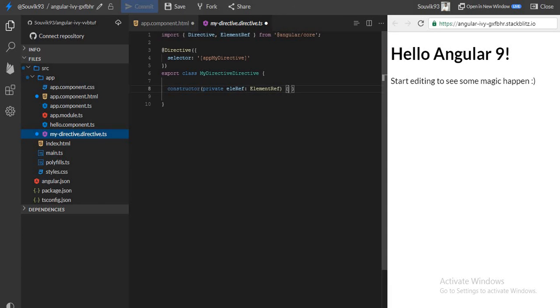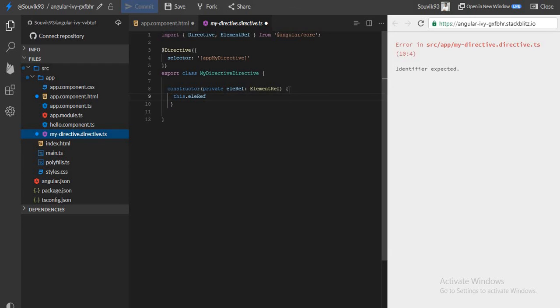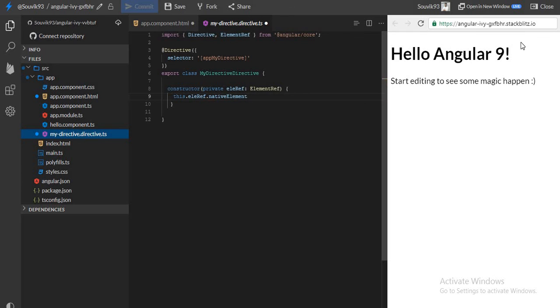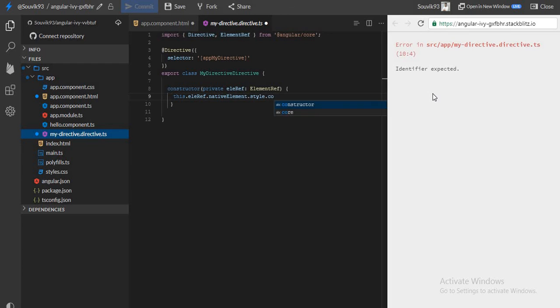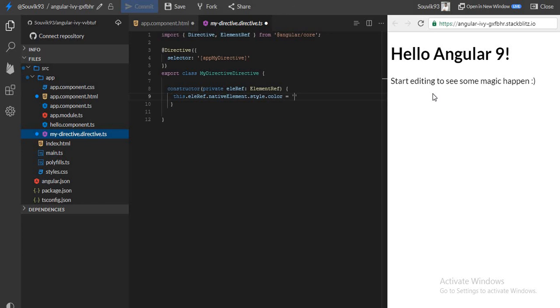Whenever I get this value, I want to change it. You can use nativeElement to get the native element, and I want to put the style there: style.color equals blue, right? Now I'm done with this.